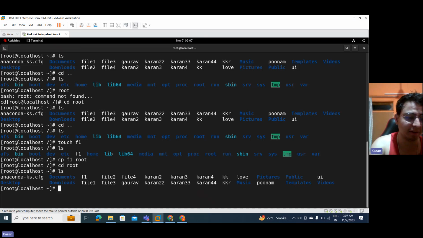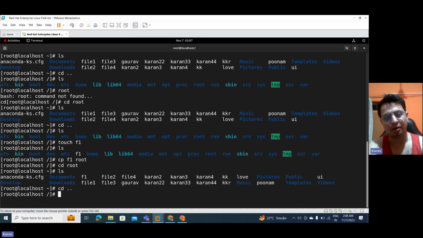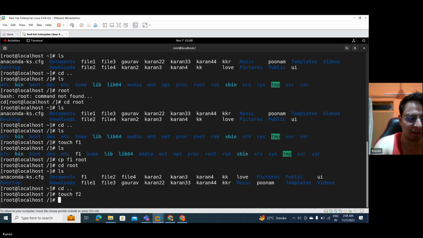First of all, we'll create a different file here, right? Cd, again back to this. We'll create a different file, f2. Now, if we want to copy this F2 to the root directory again with a proper visualization, after copying it and pasting it with a proper visualization, what we can do is simply cp